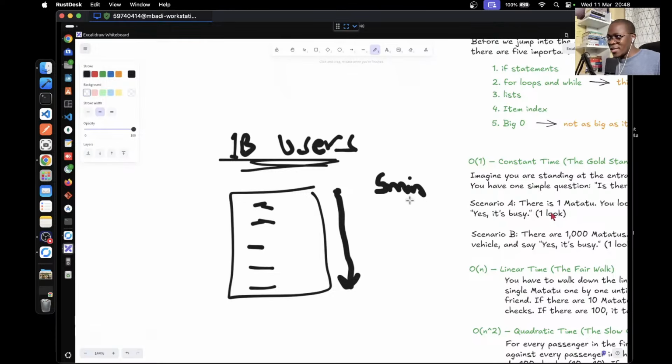And another person says, I'm not going to do that. What I will do is start at the middle. I'm looking for one person in a list of 1 billion users, so I will start in the middle at, what is half of 1 billion? 500 million? Yes, 500 million, my goodness. Anyway, let's call the first person A, who will start at the top going down.